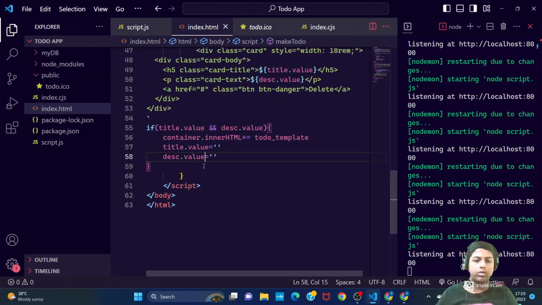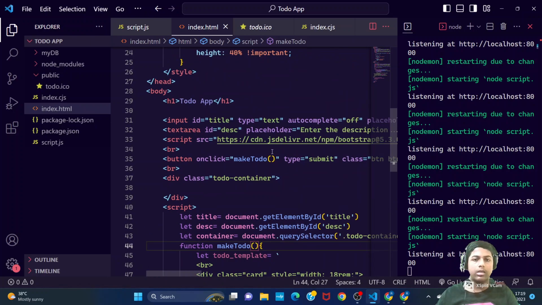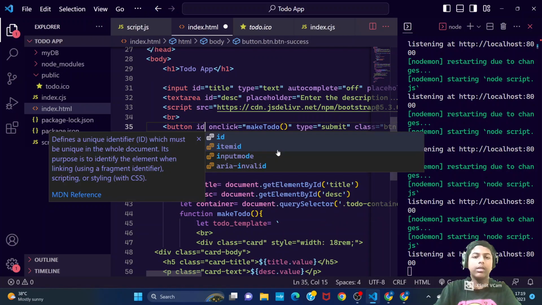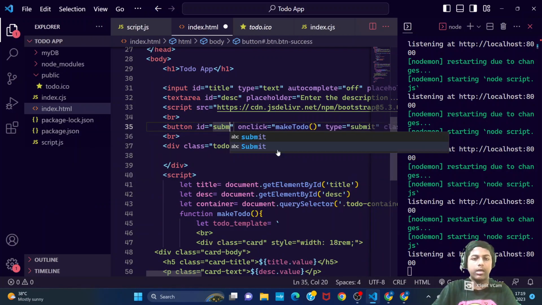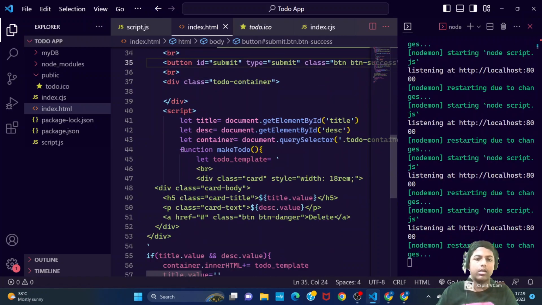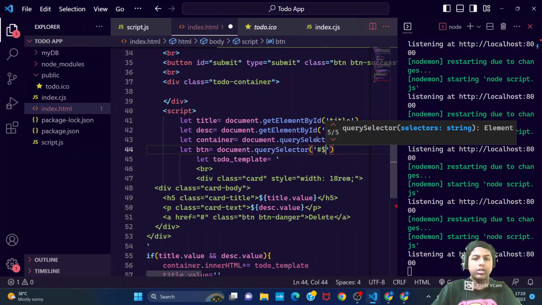But one thing I want to tell you, that whenever someone clicks on the button, let's do one thing. Let's give the button an id, submit. And instead of this on click, let's remove this on click here. We do not need that. And let's say let btn is equal to document dot query selector, hashtag submit,